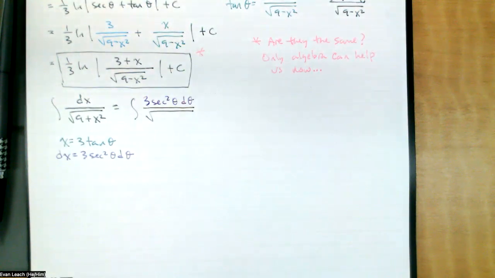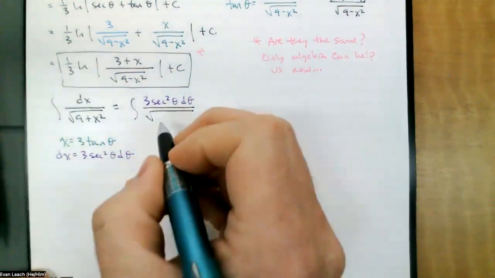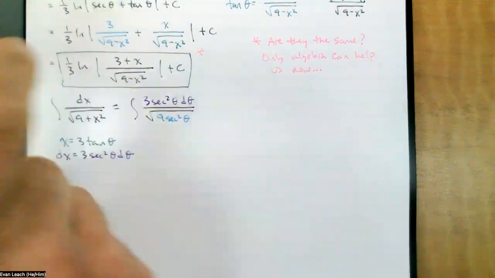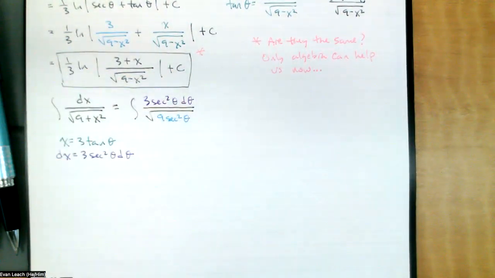This is where we're going to practice knowing what's supposed to happen. We know that the 9 plus x squared will be a 9 plus 9 tangent squared theta. And so that's supposed to be a 9 secant squared theta. I'm not sure that we're ready to start skipping steps, but it's okay. You're being watched, so